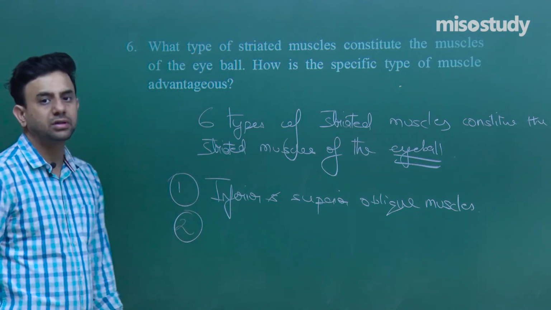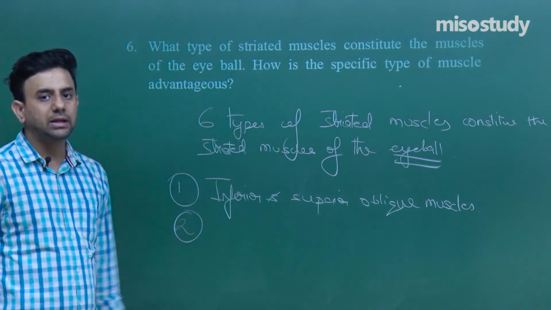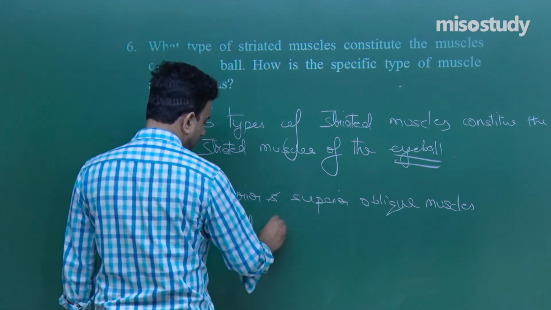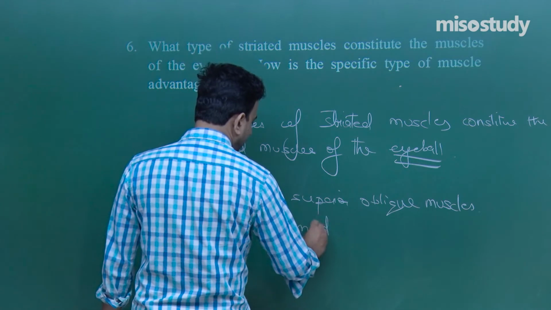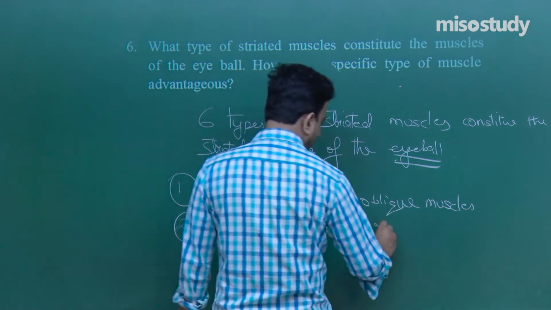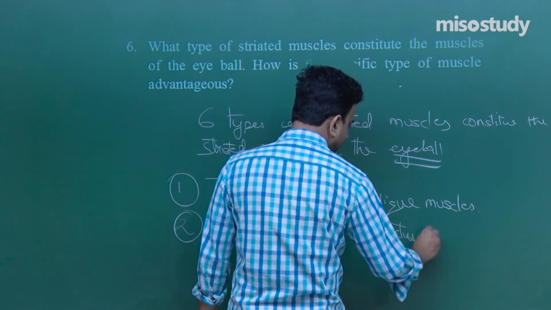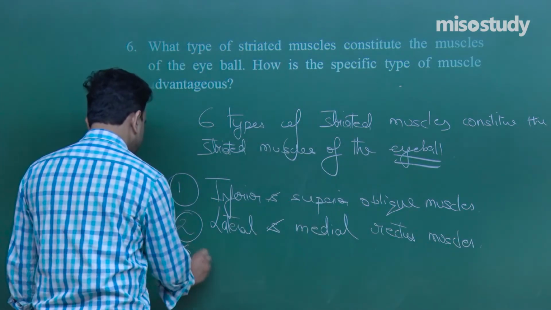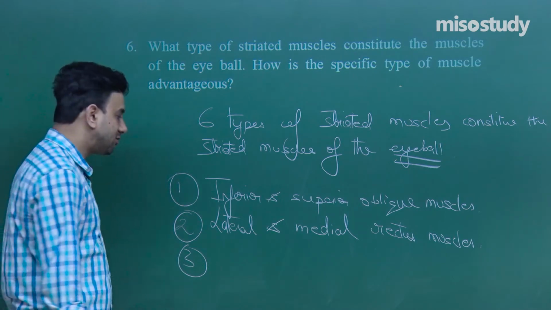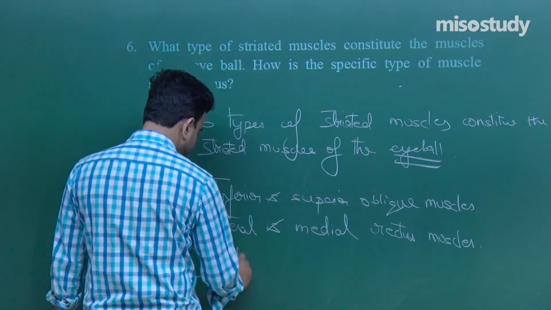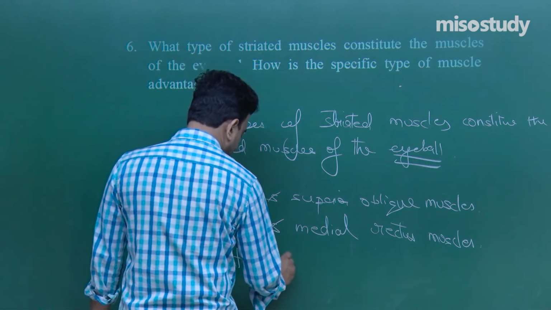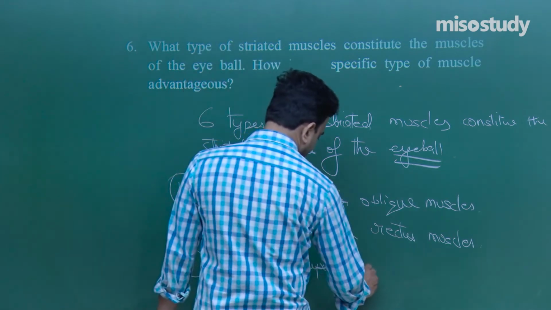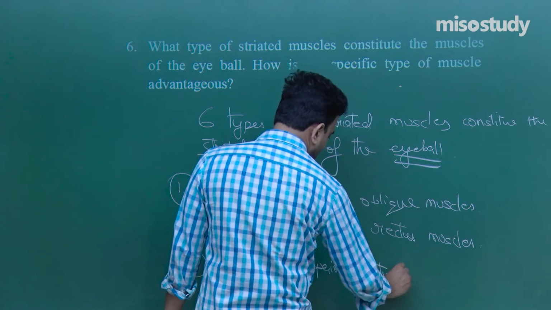After this we have the lateral and medial rectus muscles, and then the inferior and superior rectus muscles, right. So, these 6